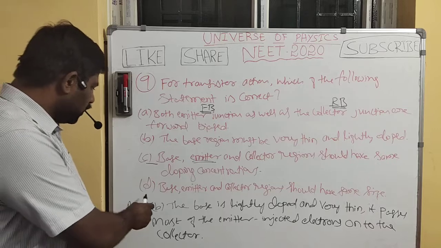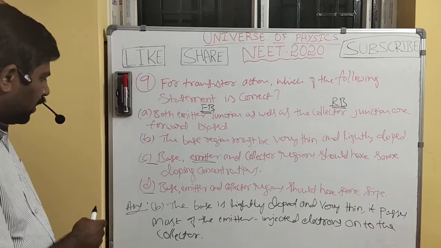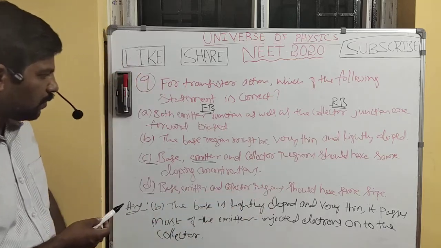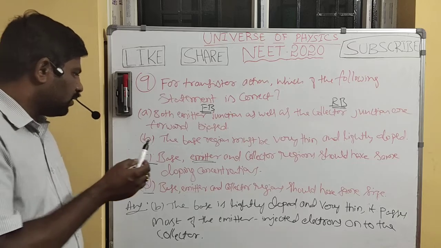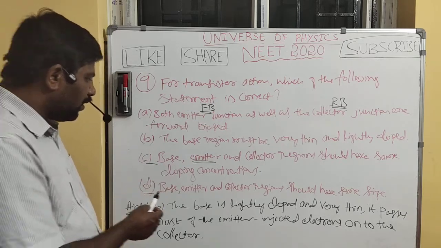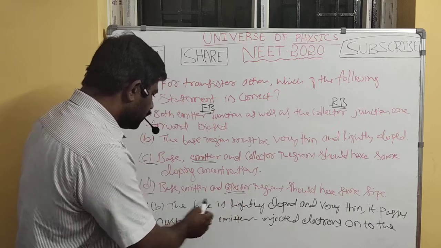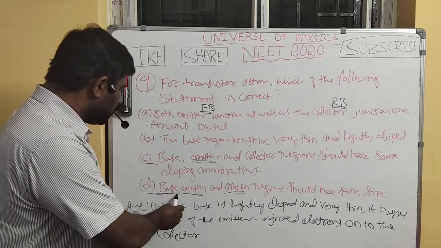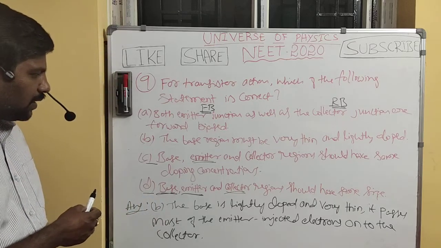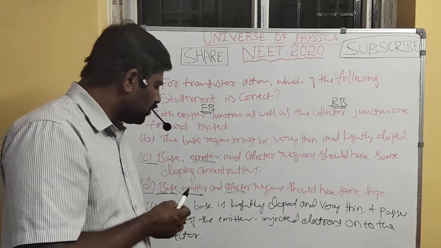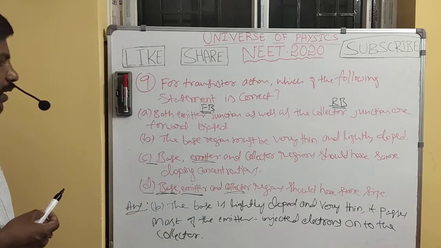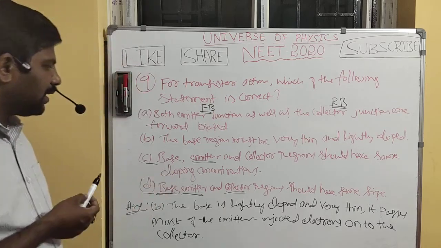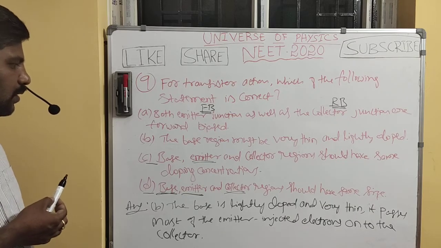If we consider the option D, here base, emitter and collector regions should have same size. No, because the size of the collector is large compared to this emitter, and the size of the emitter is large compared to base. So the size of the collector is always large because the working of the collector is to collect the charge carriers. So for that reason, it needs large space to collect